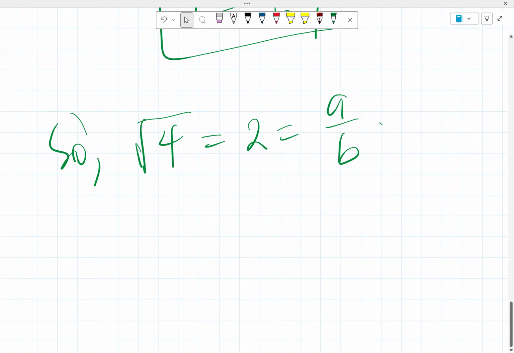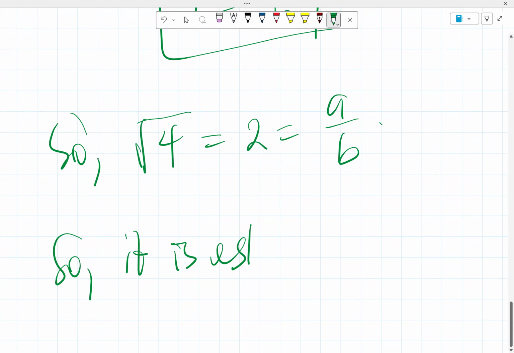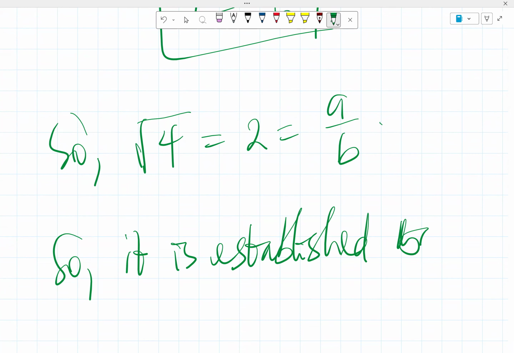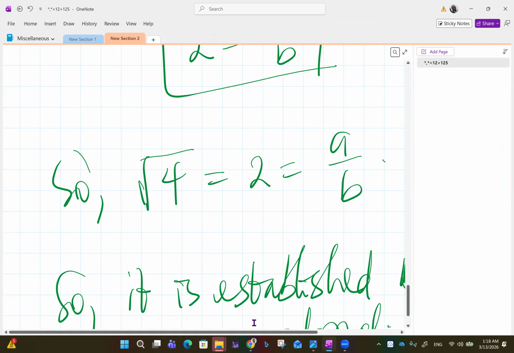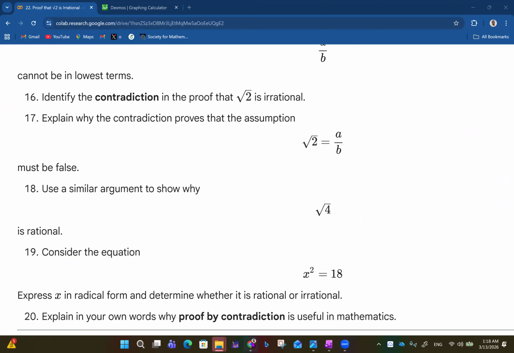So it is established that root 4, which is equal to 2, is rational, because we can write it as a over b, like that. Okay, so with that done,